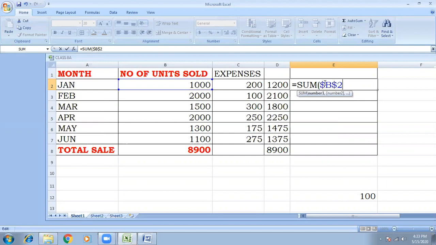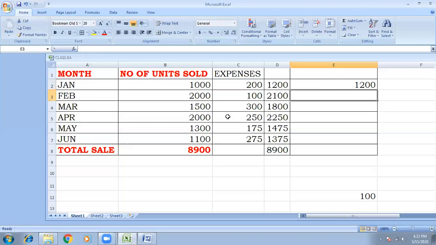It means the column cannot change and the row cannot change. Then colon, and here dollar C dollar 2. This formula is an absolute reference.